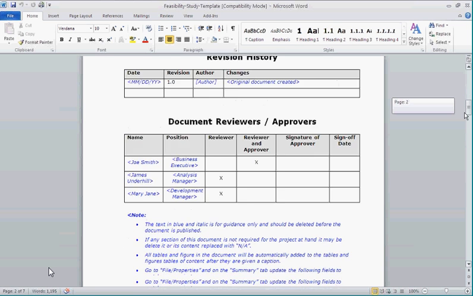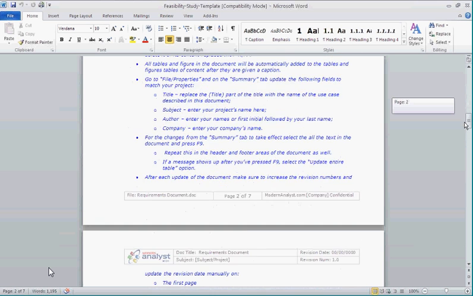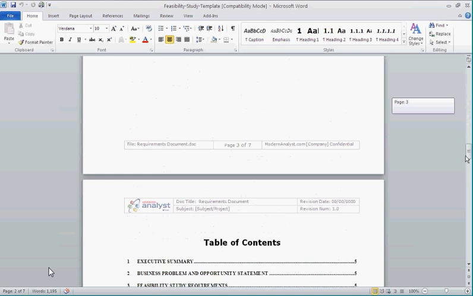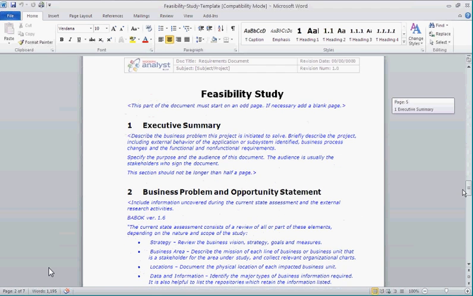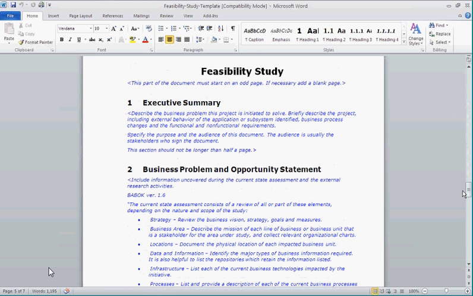So the same stuff, if you notice, it is in italics, all the help text, table of content. Now we come to the feasibility study. So we will start with,